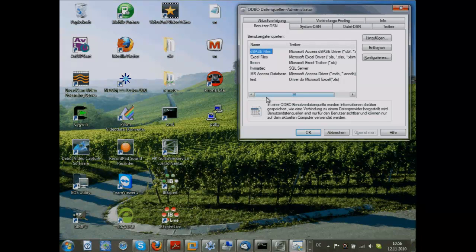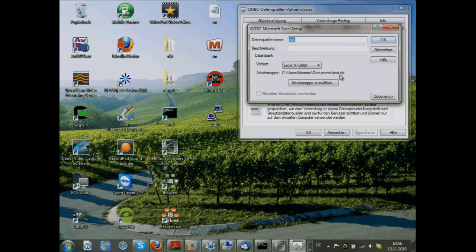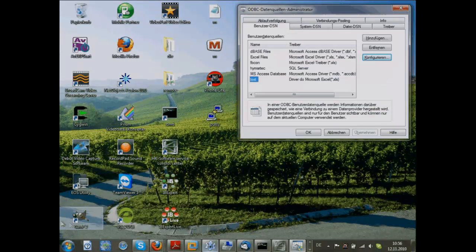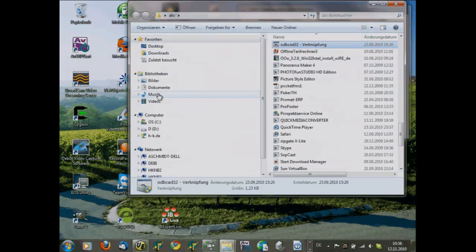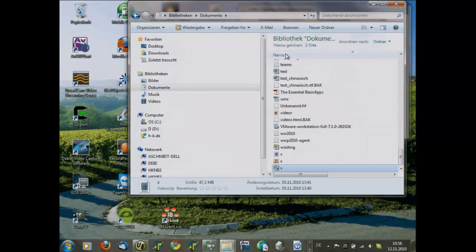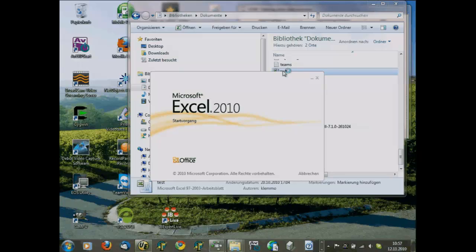But there's also an ODBC administrator in the directory we mentioned yesterday already, this VOV64, that can be used for 32-bit operations. And this, for example, is directed here, test XLS.